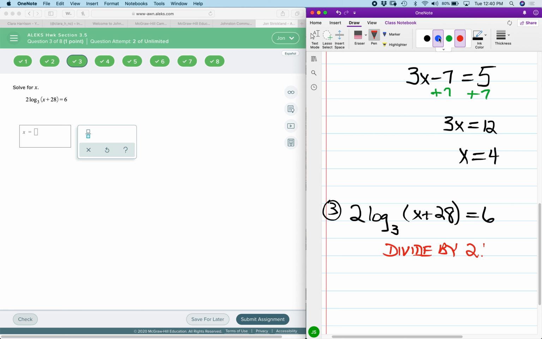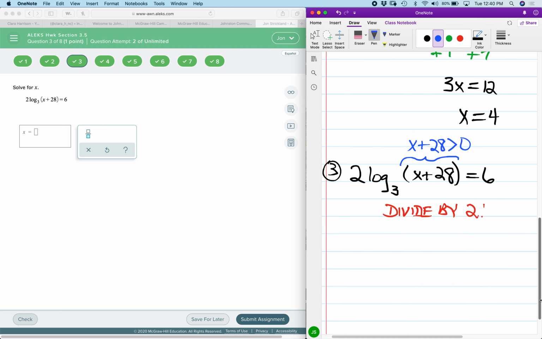Just a little bit of a repeat: the argument in the base 3 logarithm is x plus 28, and x plus 28 must be greater than 0. So as we divide by 2, we have the base 3 logarithm of x plus 28